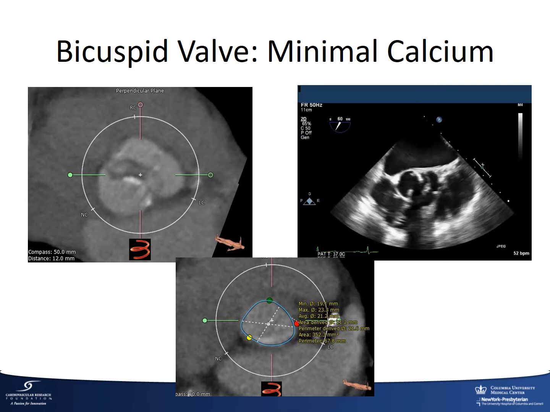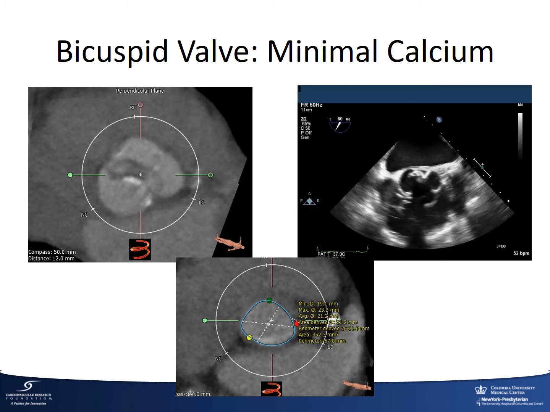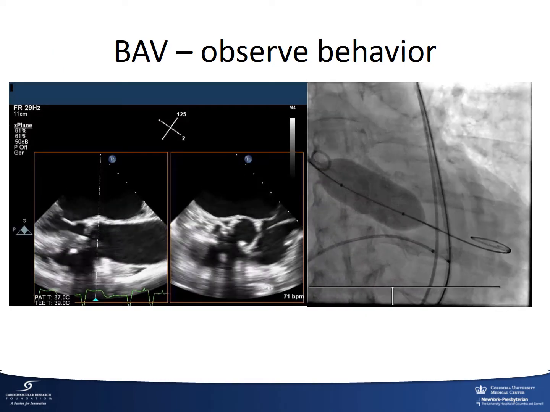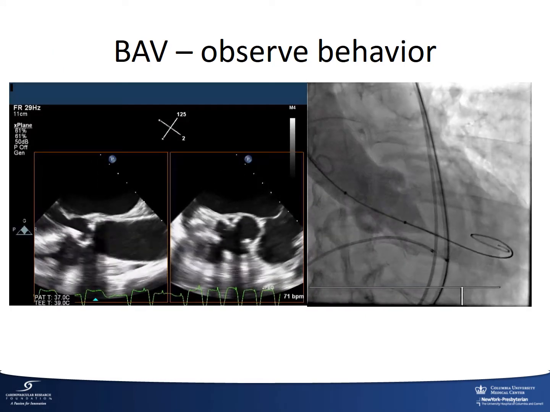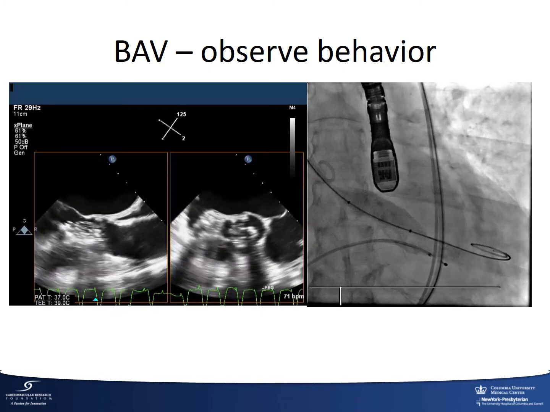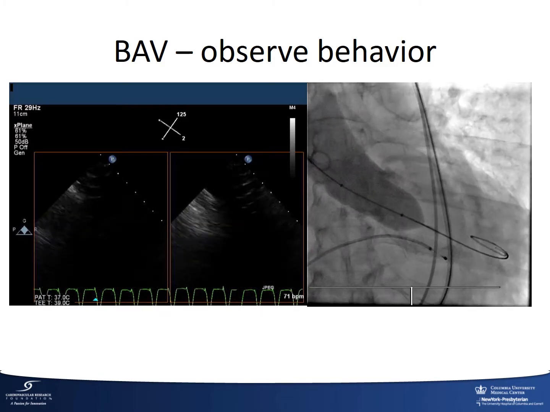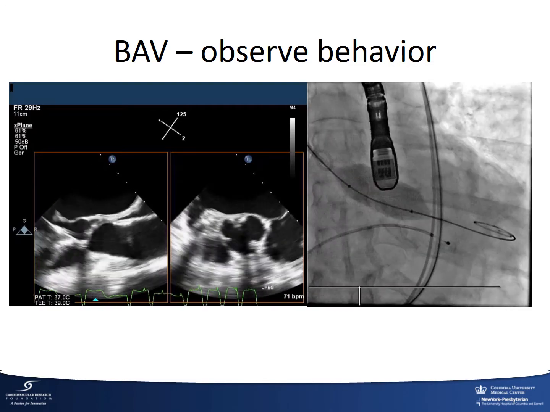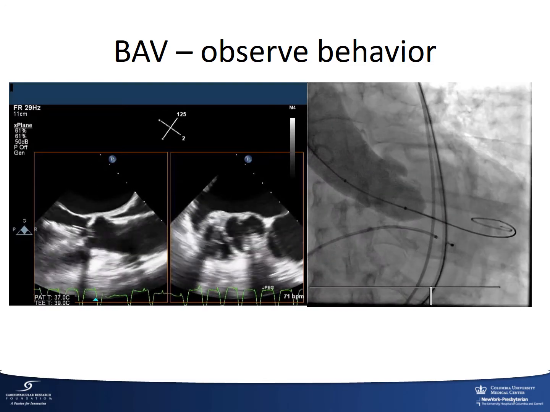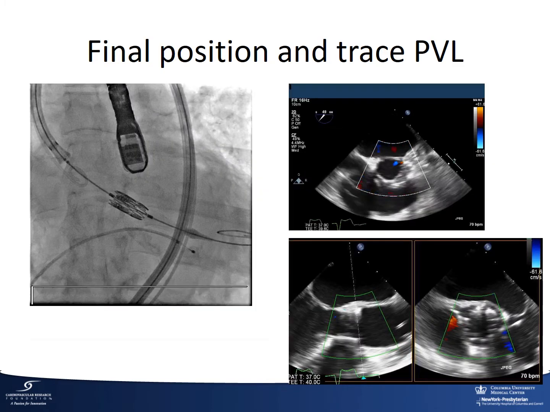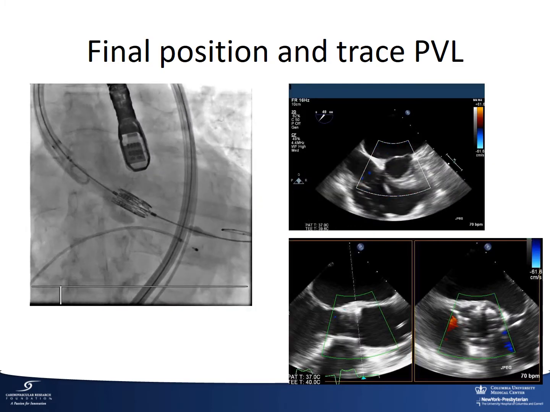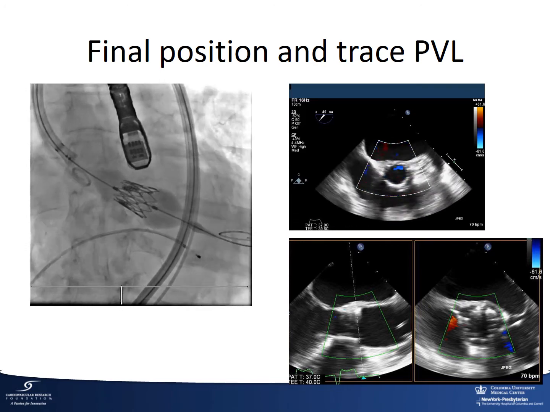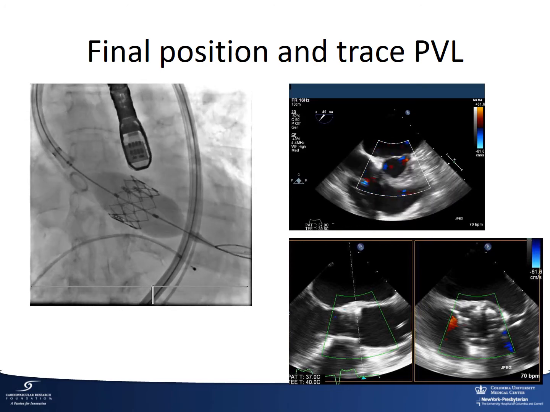Here's an example of a bicuspid valve with minimal calcification. And you see here minimal calcium. And in this type of case example, I often do a BAV because, especially if you have fusion of the right and non, and they have a small left leaflet, you can see on the BAV if the balloon pushes towards the left coronary, there may be a concern about left coronary occlusion even if the sinus is large. So in this case example, the balloon remained central, there was good expansion. We felt comfortable doing a balloon expandable Sapien XT in this case, and there was trace